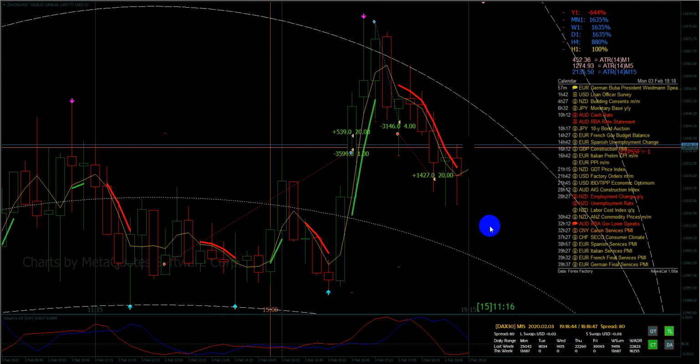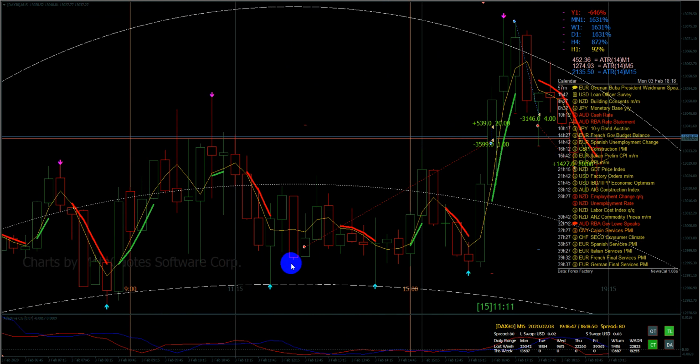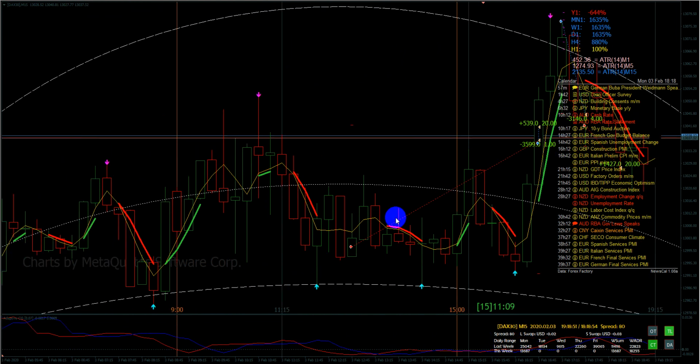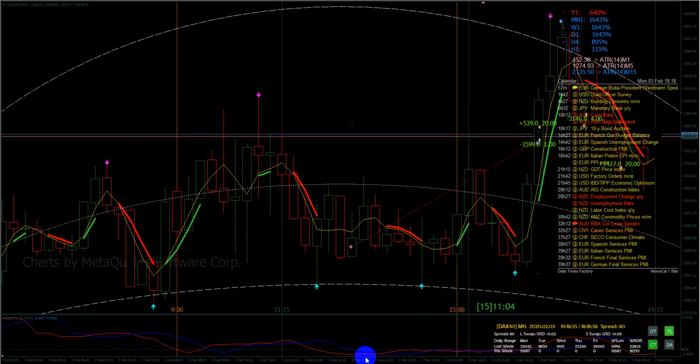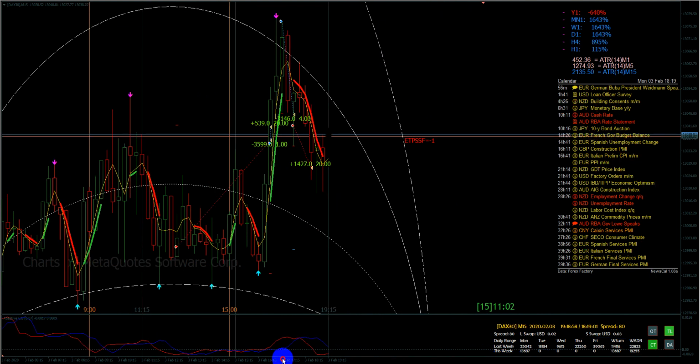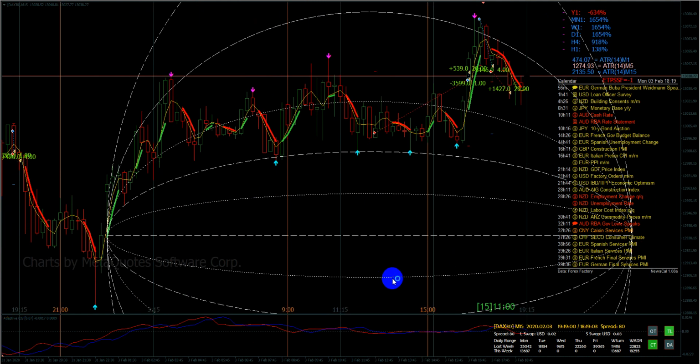Okay, so as usual, I got up at whatever time I did get up. So what I saw was this situation right here. So I figured out that I would go short, right? Let me show it like this first. I saw this here, I saw this here, these two actions or movements, so I decided to go short. And I entered short here, and I put my stop loss right there.